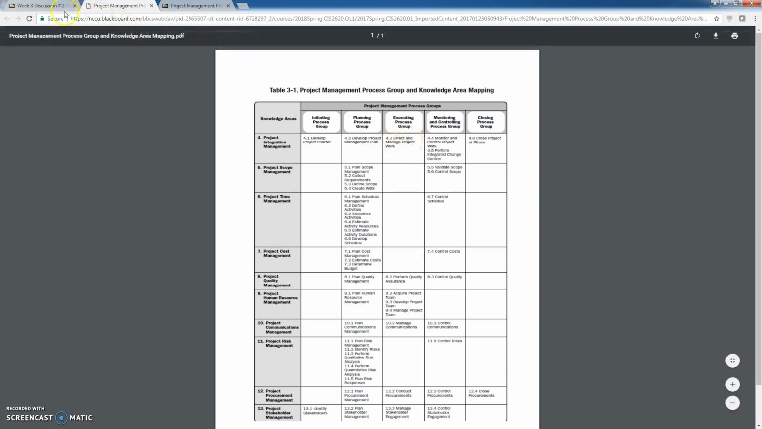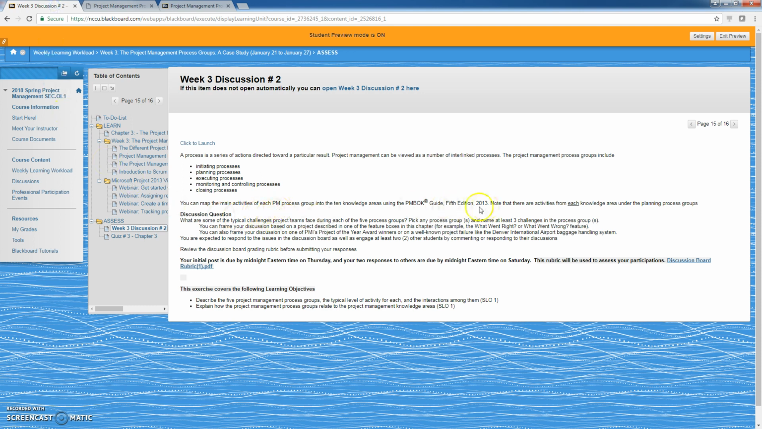So for this discussion, what is expected of you is you'll pick any process group, and then you give me at least 3 challenges that you think the project manager might face. Now, I'm saying that you can frame your discussion based on the project described in one of the feature boxes in this chapter. And what I mean by feature boxes is if you go to the chapter for the book,